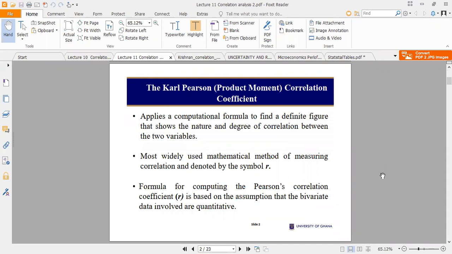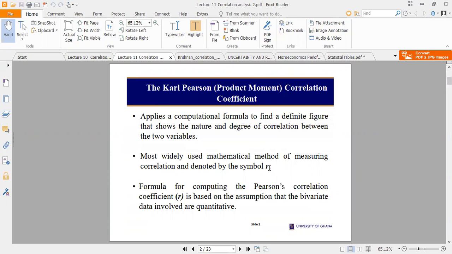When you use the formulas, you are able to get a definite number that is able to measure the nature, that is the directional relationship, and two, the degree of the correlation between the variables that are being observed. So we have x and y. We denote the correlation coefficient by r, as we all know. For that one, we use the sign of the coefficient. If it's negative,